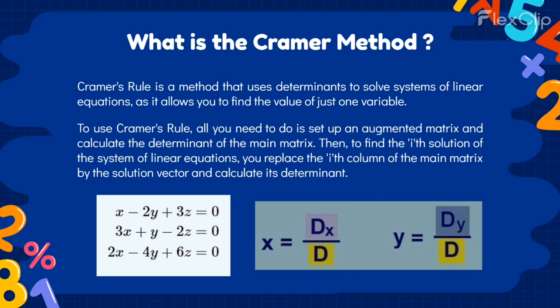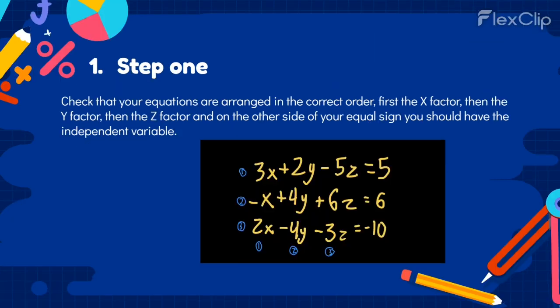After that, you can calculate the determinant of this variable, and then you just have to divide this determinant of the variable by the determinant of the main matrix. And you can do this with each column to get each variable. What you have to take into account is that the determinant of the main matrix has to be a number different to 0. Now we're going to demonstrate step by step how you would solve a system of equations with